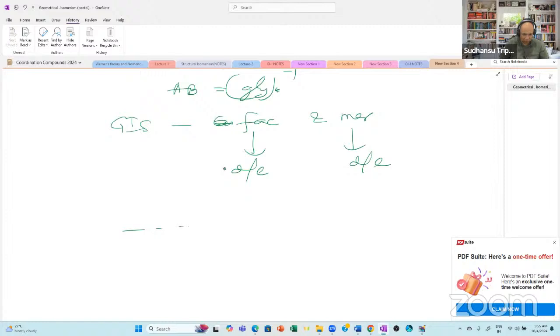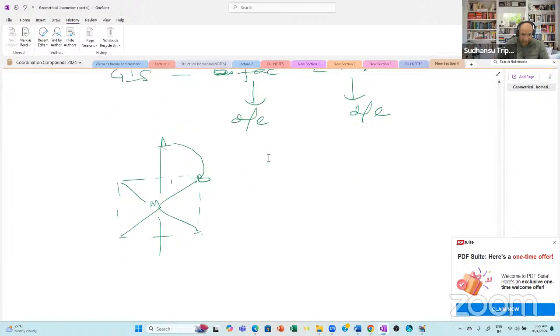We can draw this. There will be 3 AB, whole 3. AB should be, supposing we want to draw the fac isomer. Let me first draw AAA, to make the AAA triangle,